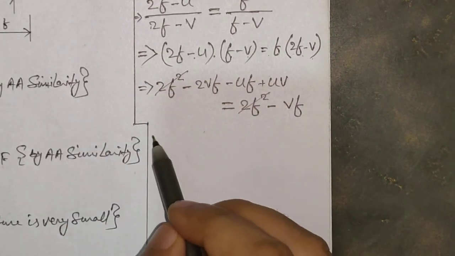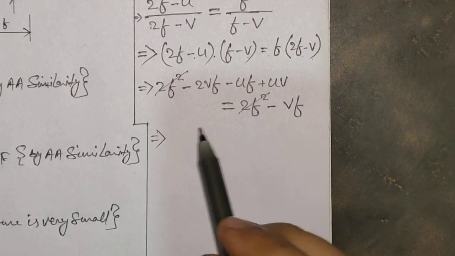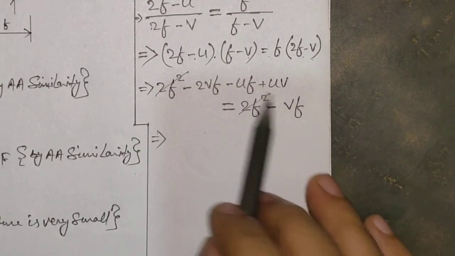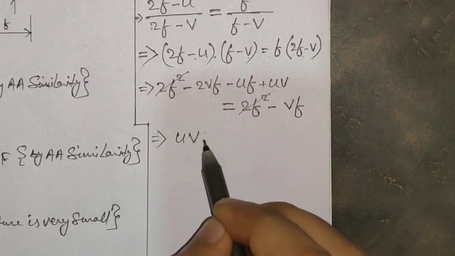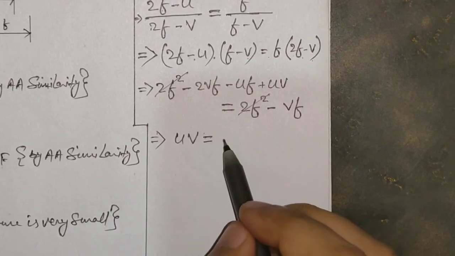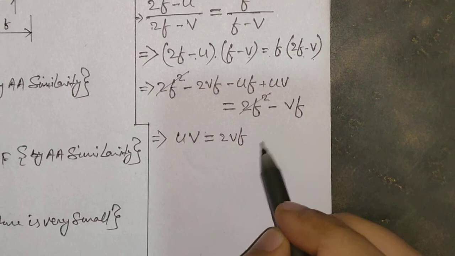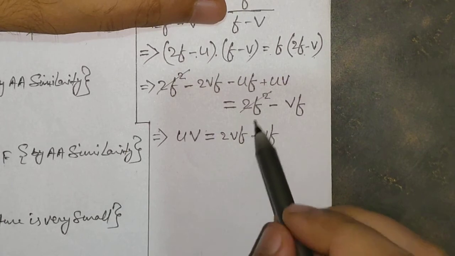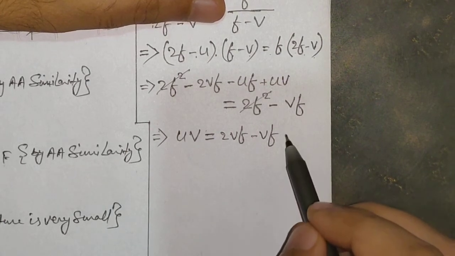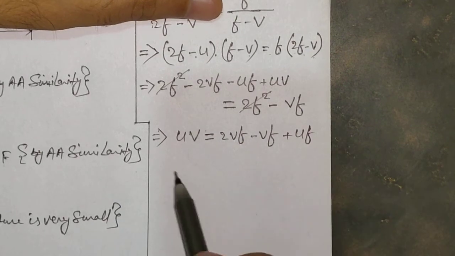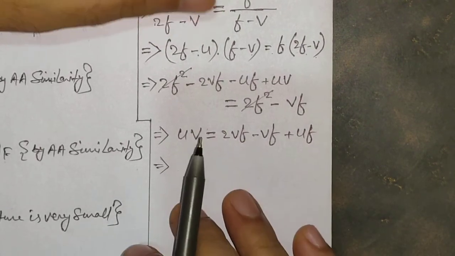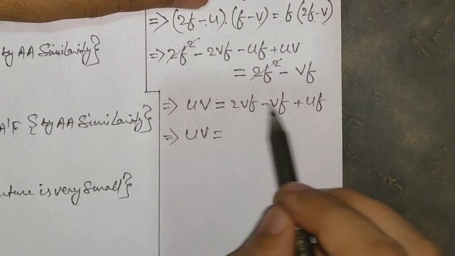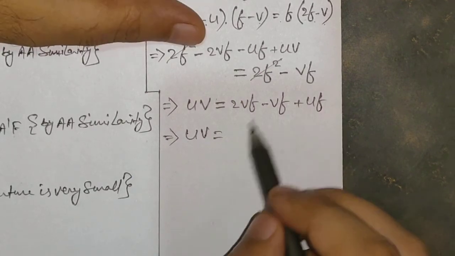Now what are we left with? Here it is minus 2vf and here it is uf. Let us take these to that side and leave uv over here. Minus 2vf will go that side and become plus 2vf, and this minus vf will come along with plus 2vf. Now this minus uf will go that side and become plus uf, and now we can easily get it. So uv = 2vf - vf, which means 2x - x is simply x. Similarly we can write vf